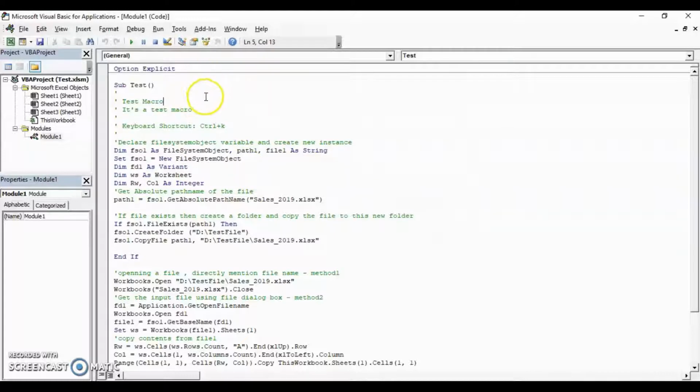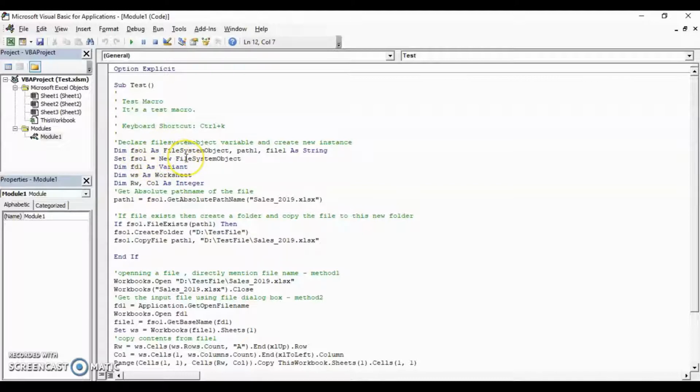Once we are done with creating the reference, we have to create an instance of this FSO object in our code. For that, first we have to declare a variable as a File System Object. Here FSO1 is the variable which I have used to define as the File System Object. Next, we need to create an instance of this variable.